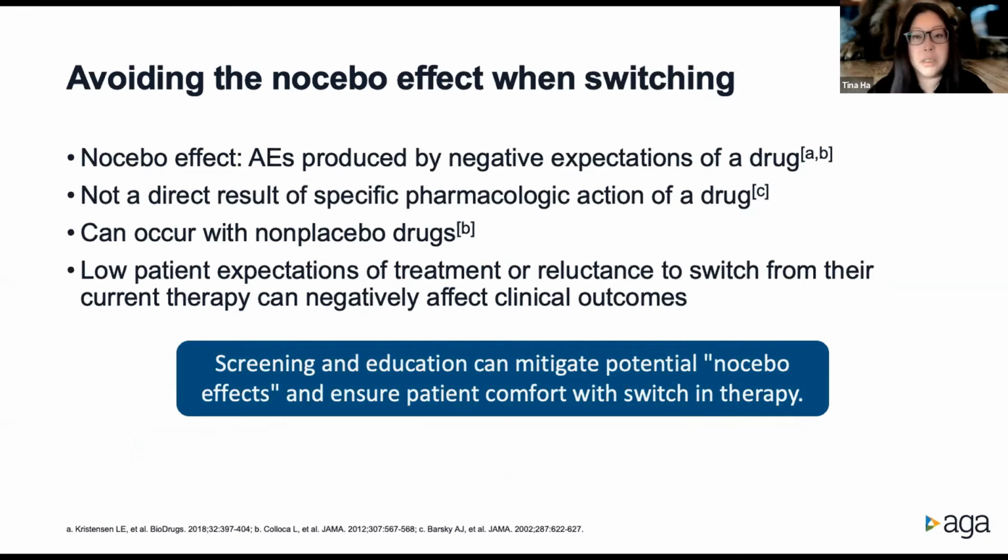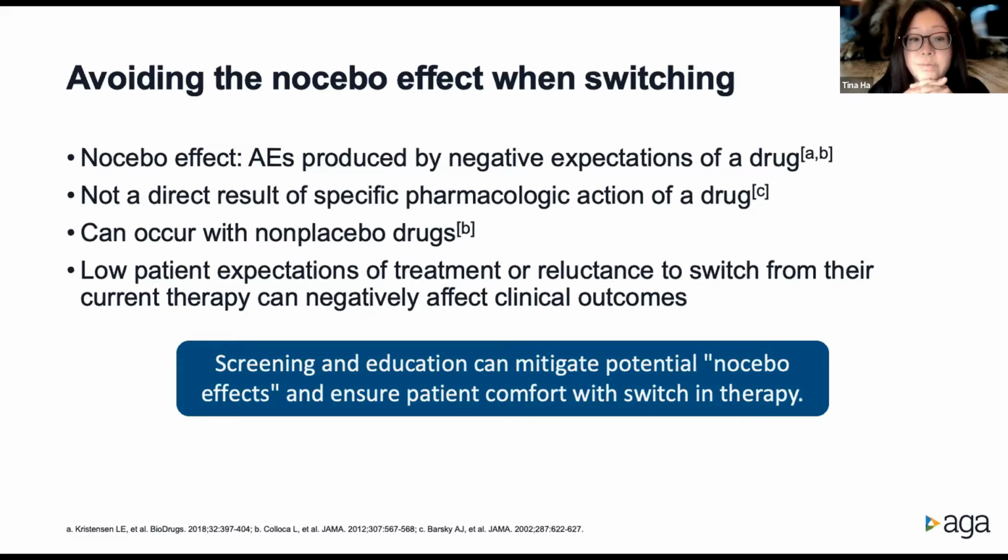And I think that this is an important concept to really define and cover with our patients: avoiding the nocebo effect, especially when switching. I think it's a little bit less of an issue when it's a new start for a biosimilar, but for a patient who's been on the reference product or the originator for a long period of time, or had an initial robust response to the originator product and then has to switch, it's about managing the expectations and really defining what the biosimilar is, understanding the construct, the process of biosimilar development, the mechanism of action, and really trying to